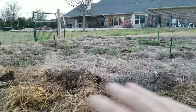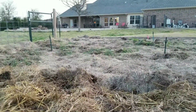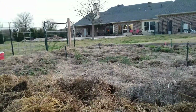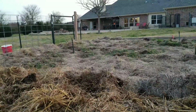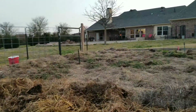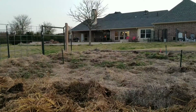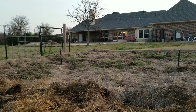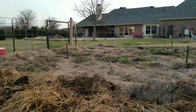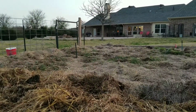But as you can tell, it keeps down weeds. So when you actually put this down, don't be confused into thinking that you're not going to have to pull weeds. You're going to have to pull weeds. There's just no ifs, ands, or buts about it. The good thing is that you're not going to have to pull as many weeds, because it's going to be very hard for anything to germinate all the way down at the bottom and come all the way through